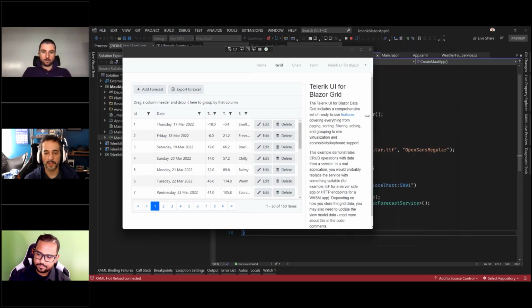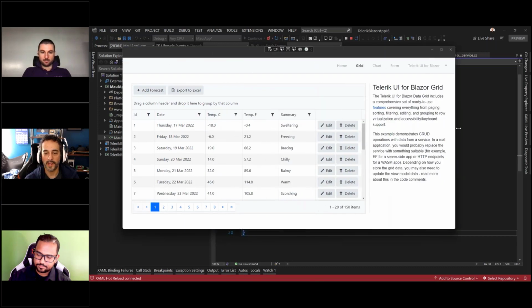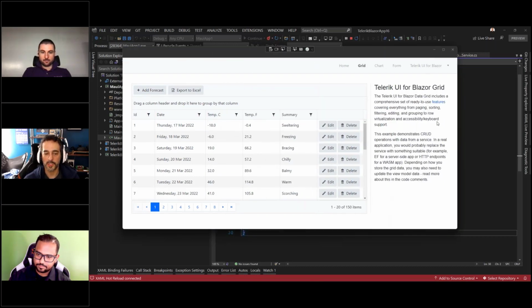So this is a very future-forward way of thinking about building your applications. If you're already considering migrating to .NET 6 and you want to take advantage of Blazor, then further down the road you can take advantage of MAUI and then keep expanding on the longevity of that application.